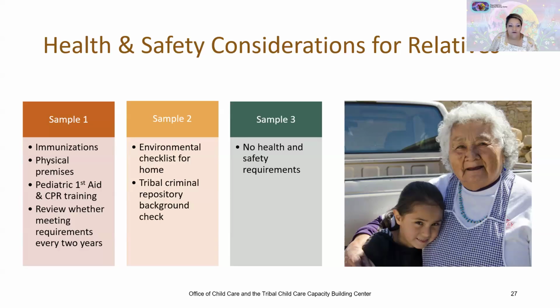So we invite you to consider whether any of the health and safety requirements make sense for your citizens and your community. So you can think about standards. You could select 1 to 2 topical areas to have a standard. Your training, you could choose to require 1 to 2 topical areas for your required training. Your monitoring and enforcement, you can consider sharing a self-checklist. Background checks, you may consider adding 1 check that contains the most helpful information to ensure safety of children in care.